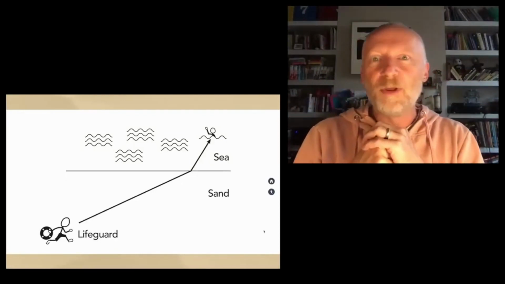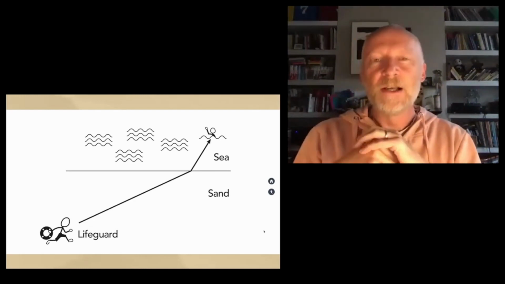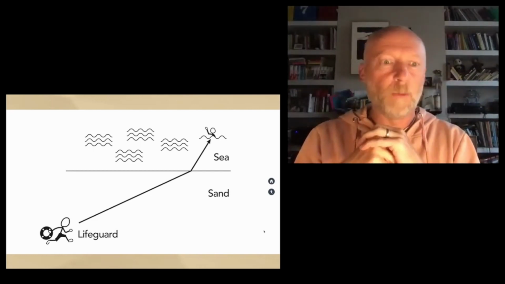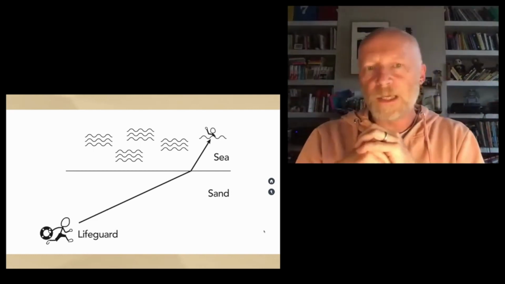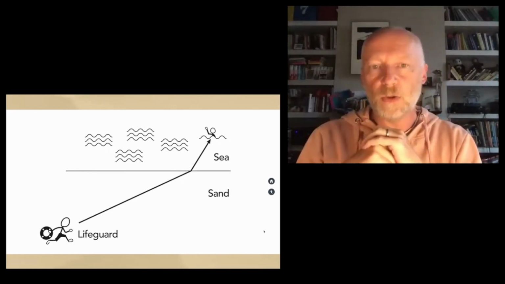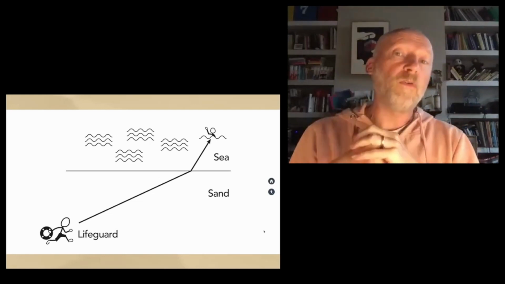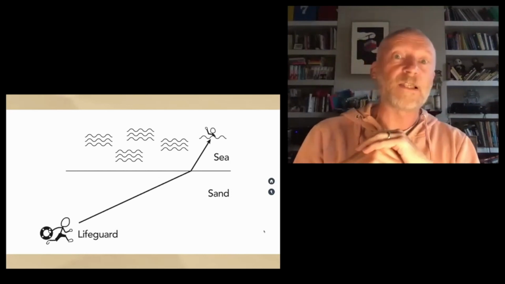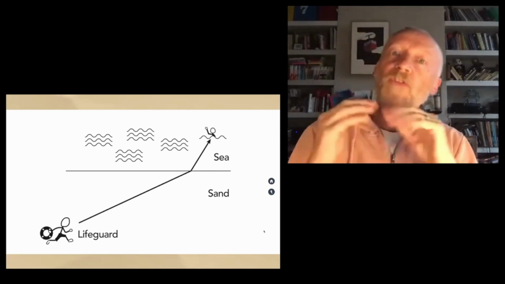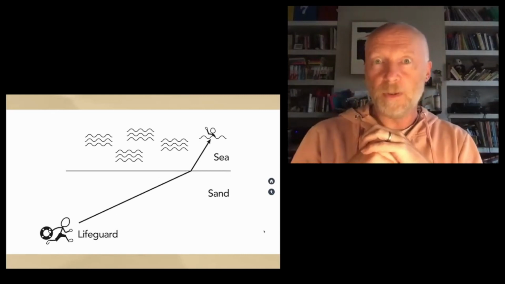So in the book, I've got a few puzzles for you to try, to tease out the beginning of each chapter, a puzzle which challenges you to try and find the solution to a problem. Here's an interesting puzzle. If you've got a lifeguard who's on sand and has to swim out to sea to rescue a drowning swimmer, and suppose you can run twice as fast on sand as you can swim on sea, then what's the most efficient path to get to the swimmer that's drowning?